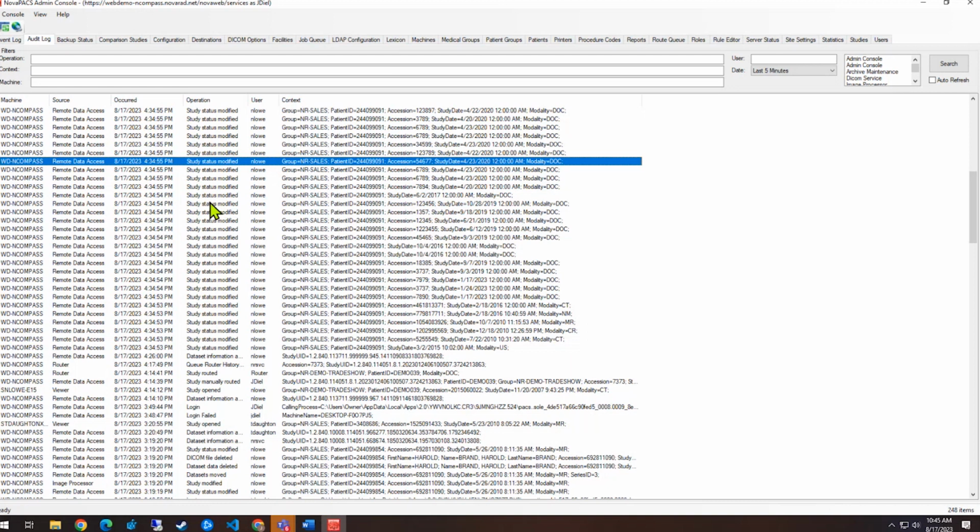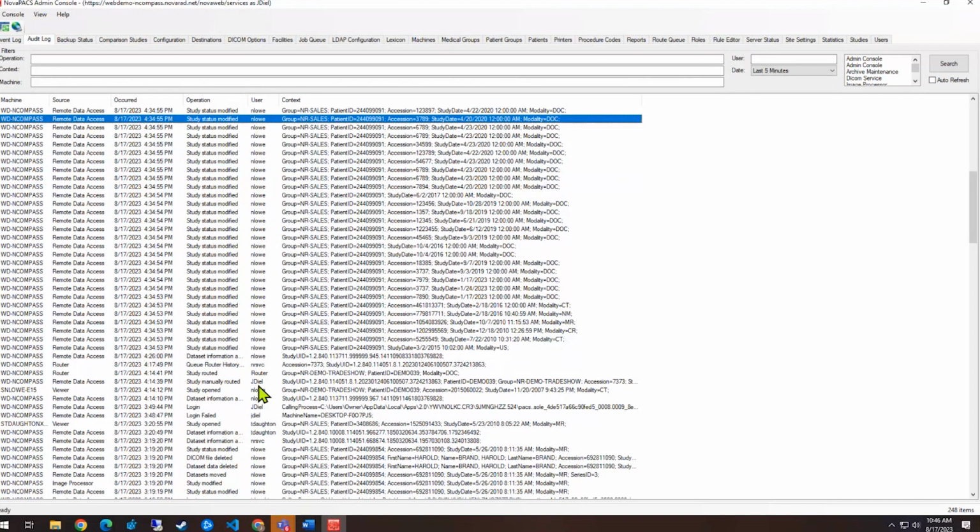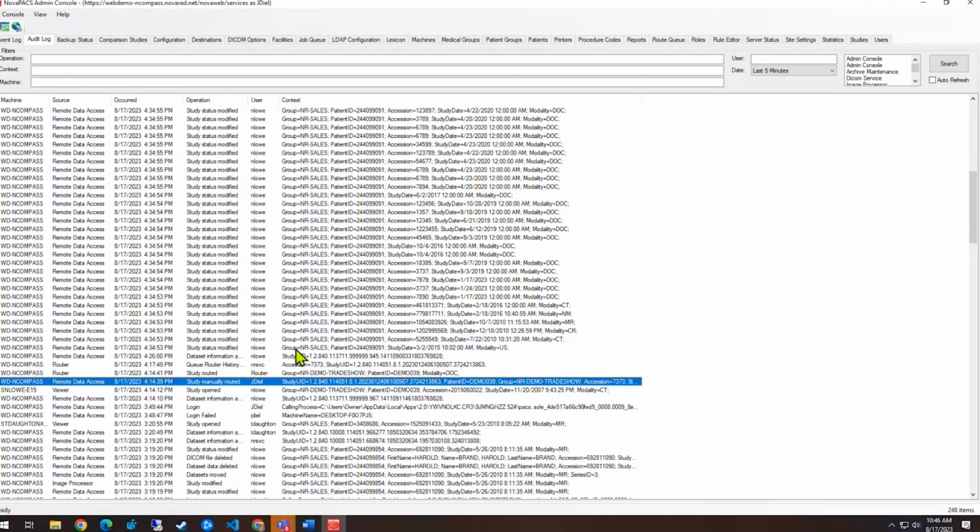The nice thing about this is usually if I'm trying to research, or if a site asks me, hey, I need to know everything that this user did on a day, or everything that was done with this study, where I may have to do multiple searches, I can dump that also into that spreadsheet, filter it by time, and then I can see everything. Or if they're saying, hey, I want to see everything that Nate Lowe did, but also what Jonathan Deal did, then I could get those two data sets, combine them, and then have a nice presentable spreadsheet, or however you're trying to display that information.